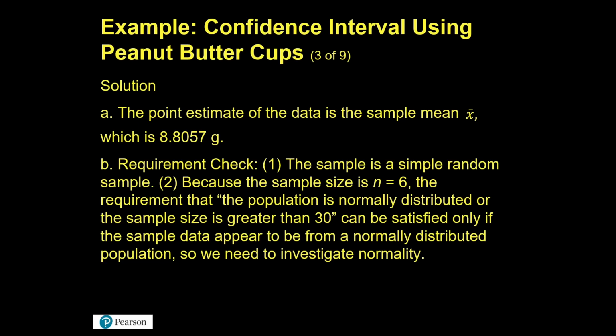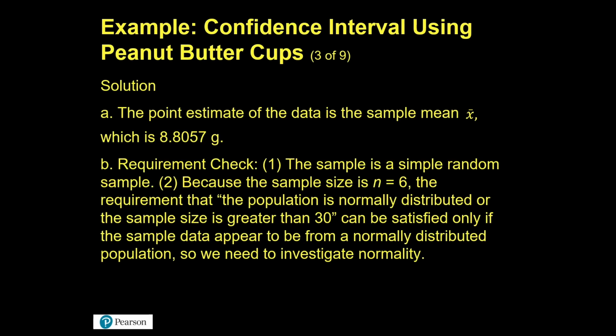Even though the 6's repeat, they rounded up, so they rounded it to 8.8057. Okay, so we've got our x bar. Now, the requirement check is kind of optional because, like I said, in your homework, quizzes, and exams,